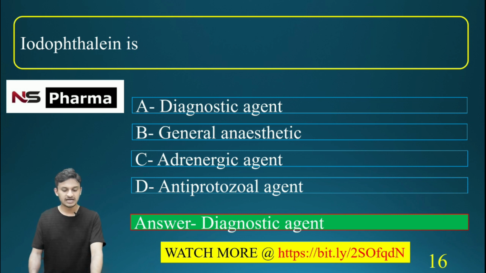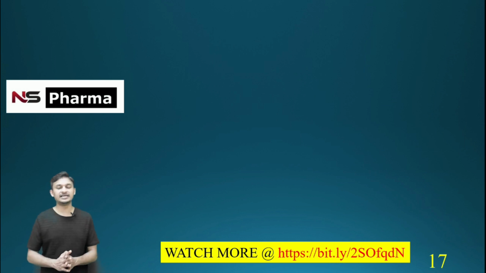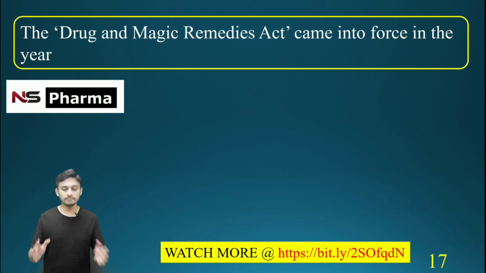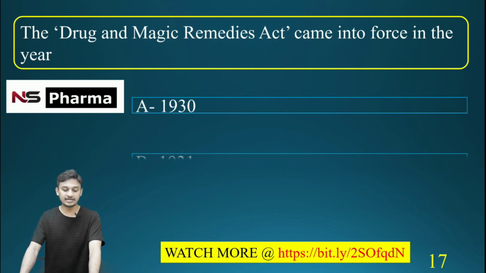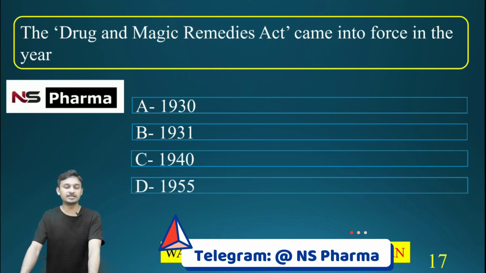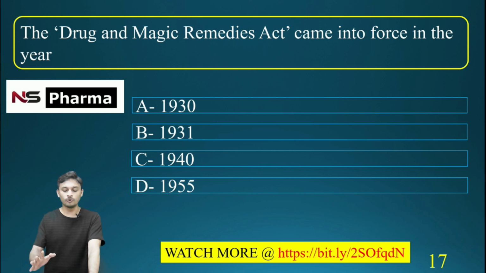Question number 17. The Drugs and Magic Remedies Act came into force in the year? Options are A, 1930; B, 1931; C, 1940; D, 1955. The correct answer is option D,